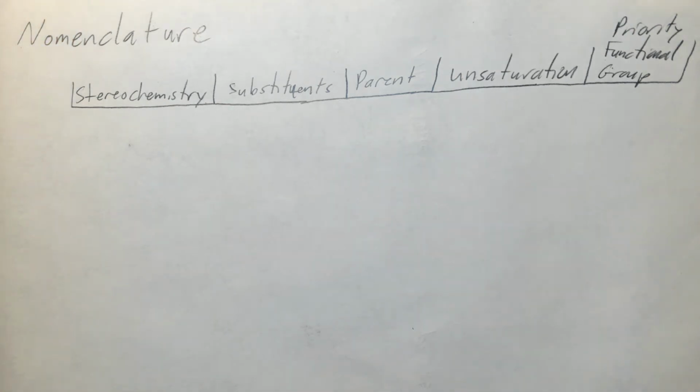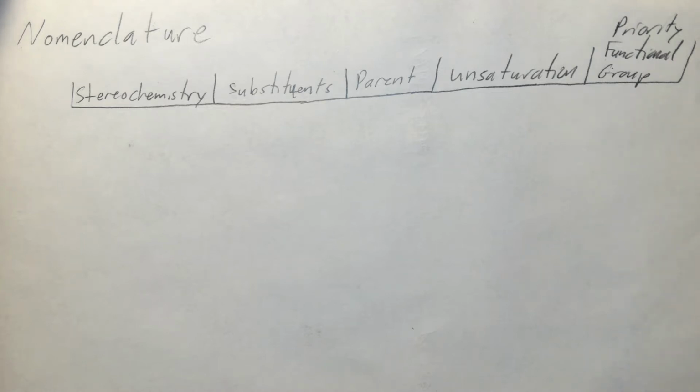Okay, welcome to the world of nomenclature. A lot of students find nomenclature a bit challenging and overwhelming, but I think it's easily understood and grasped when you really appreciate that there is an anatomy to the IUPAC nomenclature name, to the systematic naming of organic molecules. There are these distinct regions in the name that you are looking to fill with information about the structure of